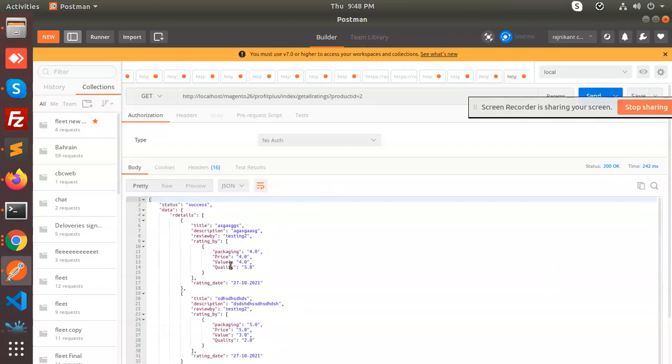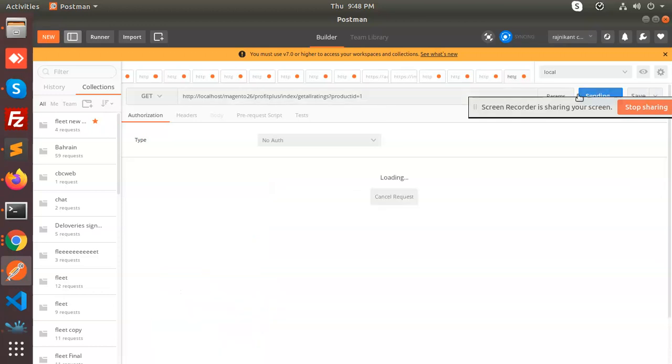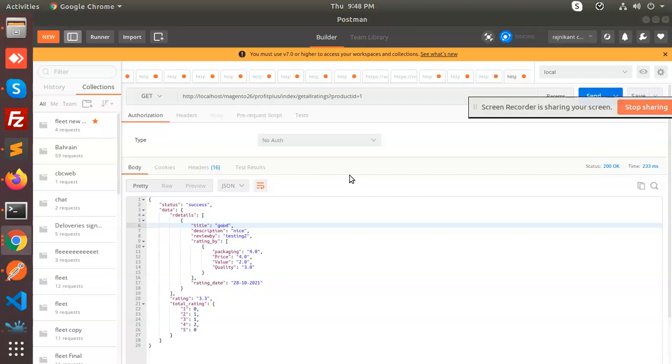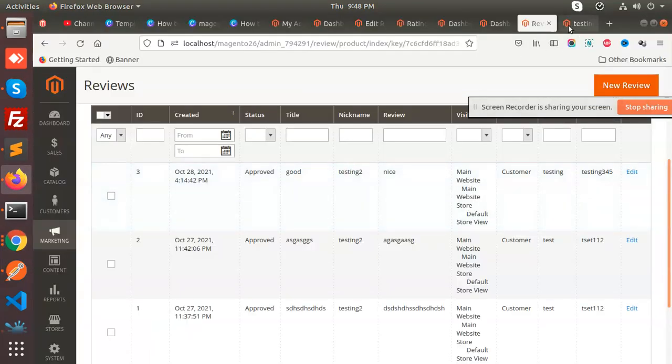This is the product ID, packaging 4, price 4, value 4. Let's compare it. If I put product ID 1, there is one rating that is good, nice. So let's compare the ratings.